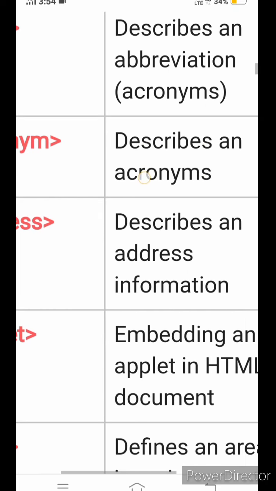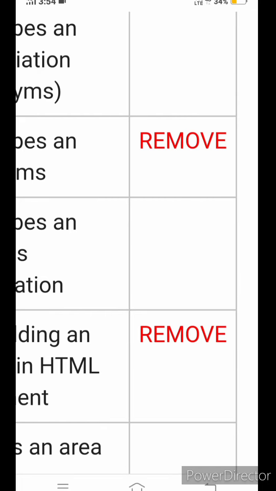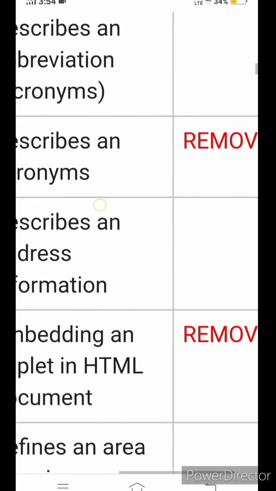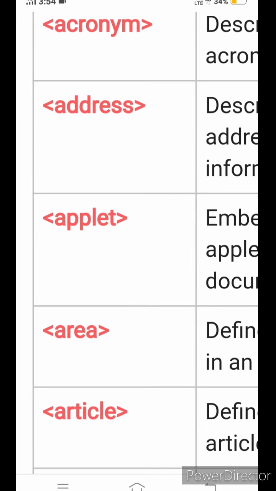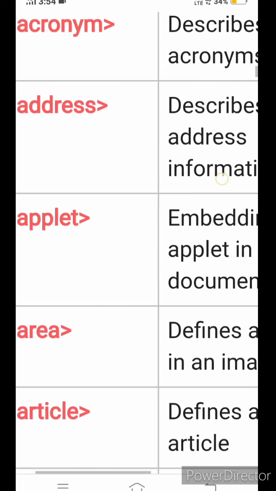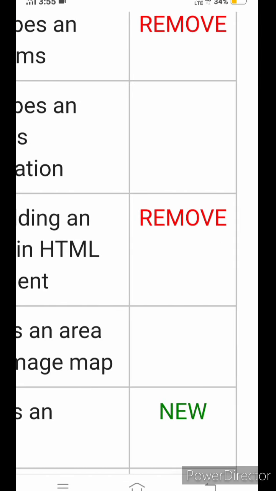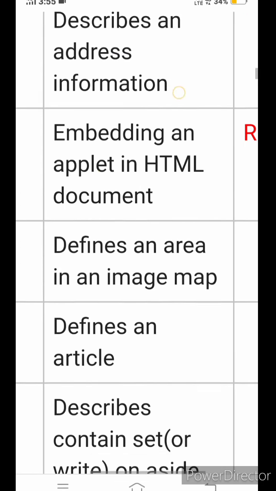Acronym. This tag describes an acronym. This was removed in HTML5 version. Address describes address information. If you want to add your address in an HTML document, we use this type of tag. This is also in HTML5 version.